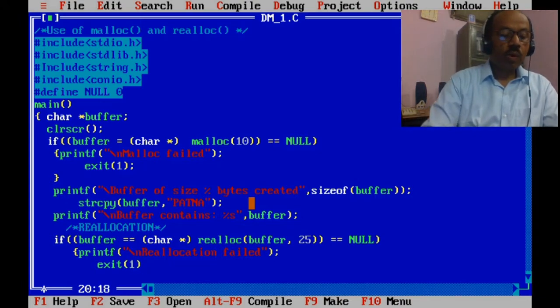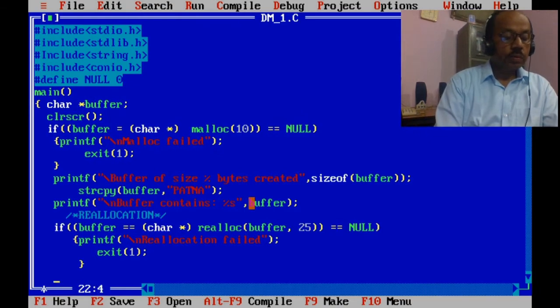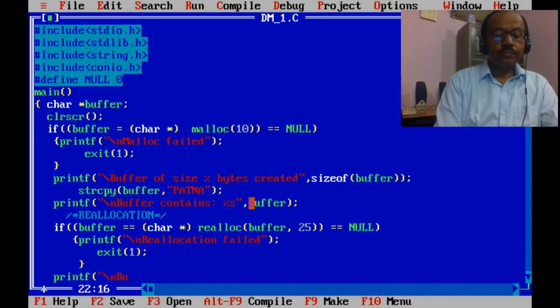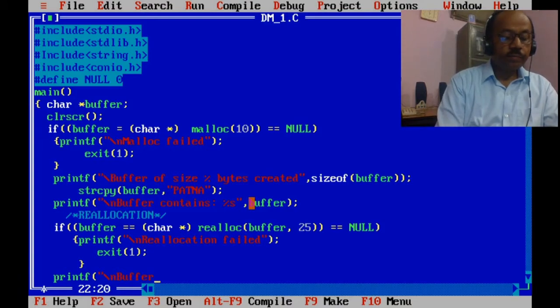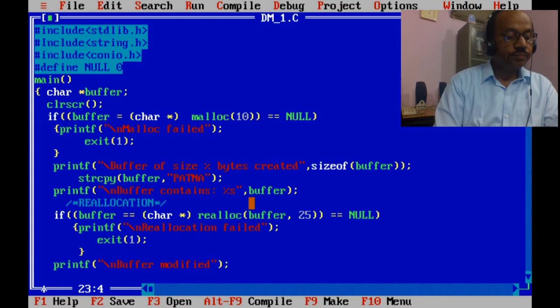Exit 1. Printf "\n". Here I am displaying a message: buffer modified, but buffer still contains the same value.